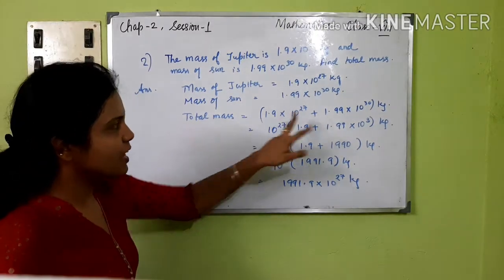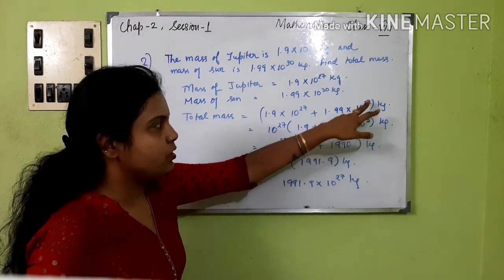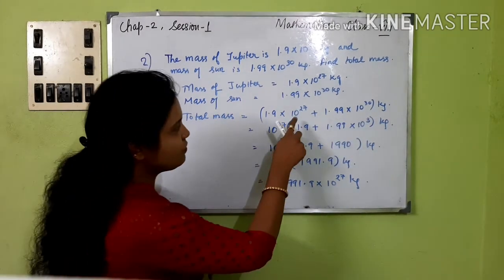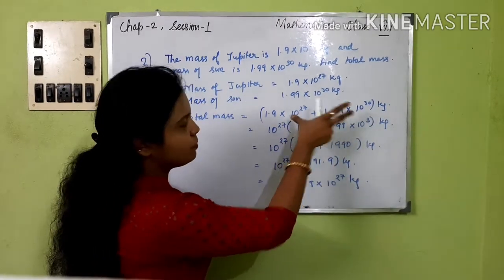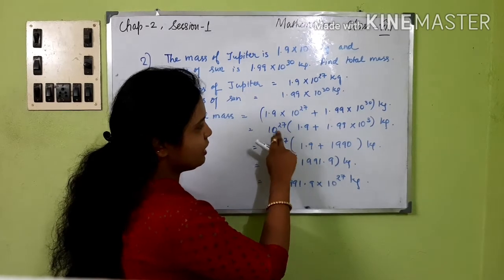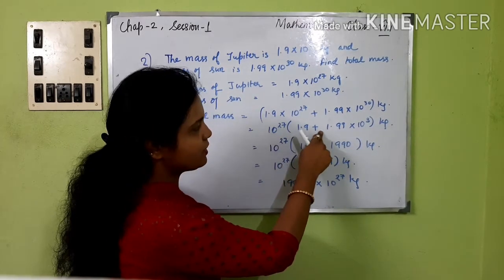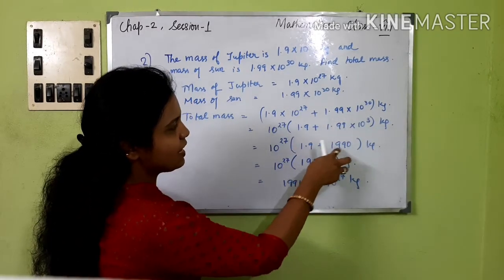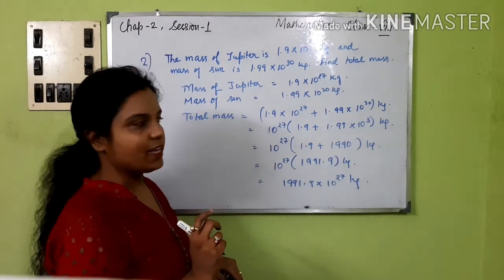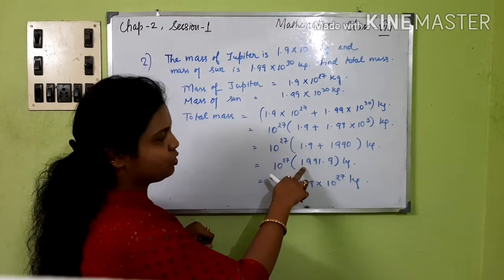And total mass will be adding these two: 1.9 × 10^27 plus 1.9 × 10^30 kg. Now, you can see from this 10^27 and 10^30, common is 10^27. So, if we take 10^27 common, we will be left with 1.9 plus 1.99 × 10^3. This 10^3 you can just simply multiply and see. 1.9 plus 1990, you can add and you will get